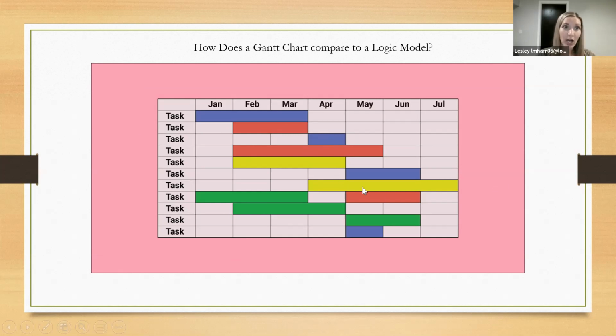The way it differs from a logic model is that there's no inherent logical framework imposed on this. So think of the acronym IAOO. So we're looking at inputs, activities that then lead to outputs and outcomes, what's going to increase based on the implementation of your program, what's going to decrease. So that is not represented in a Gantt chart. It's only represented in a logic model. So there's no inherent logical structure, no cause and effect in a Gantt chart. It's purely for organizational purposes.